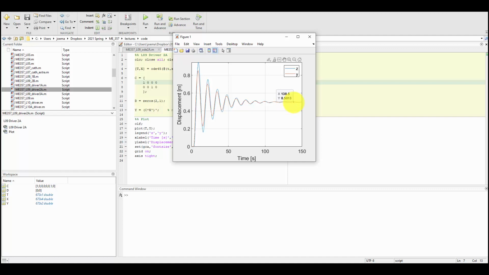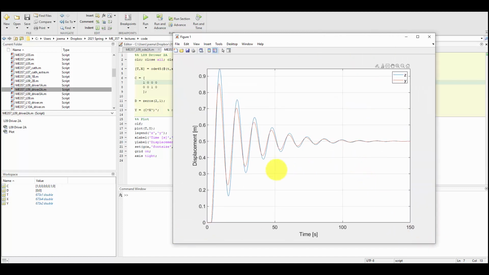But unlike giving it a non-zero initial condition and it going back to its equilibrium point, because I'm applying a step input, I'm giving it that kind of permanent force acting on it, eventually my system is going to go to a new equilibrium point, more or less. So it's not really the equilibrium point that has changed in the system, but it's now hovering. Both masses are now at about, well, it looks like 0.5 meters going forward,